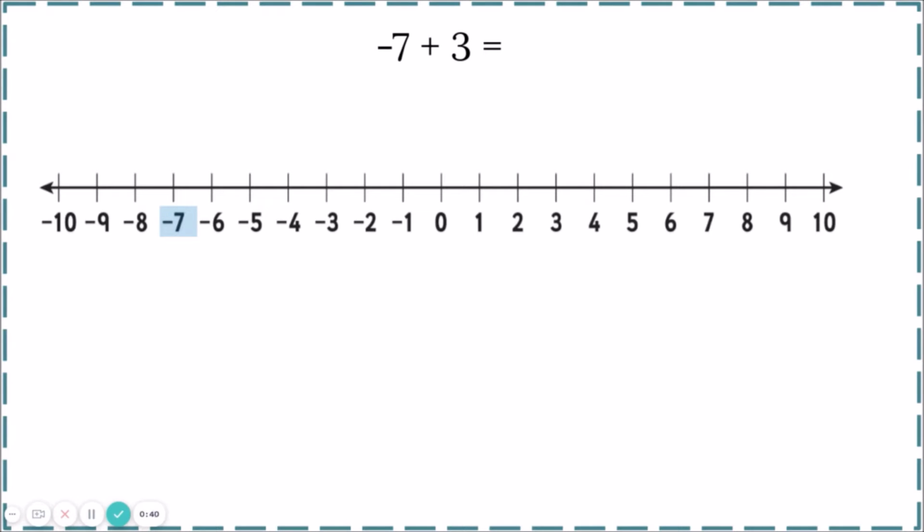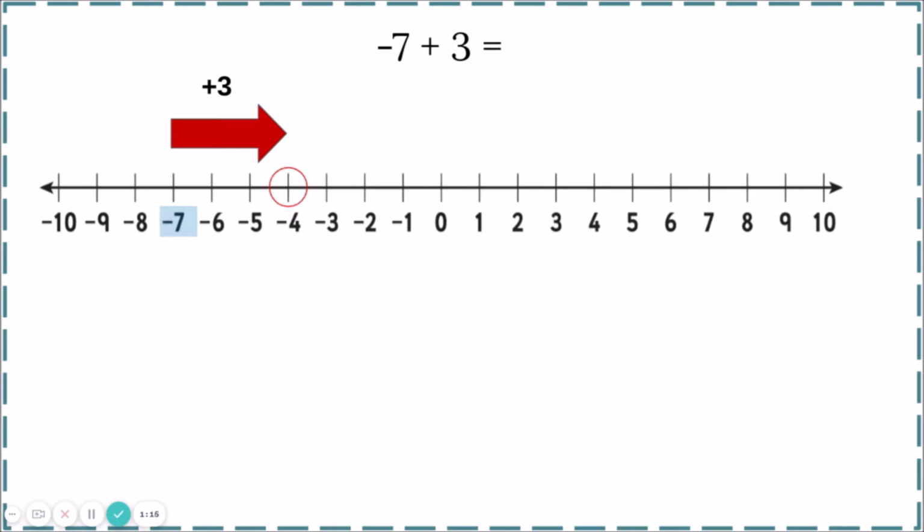So I'm going to look at the number line and find the -7. I need to add 3 to the -7. And because I am adding to -7, I know that I am having an increase of 3. When there is an increase, I know that I am going to move to the right towards the positive integers. When I move 3 spaces to the right, I will land at -4, which is my solution of -7 plus